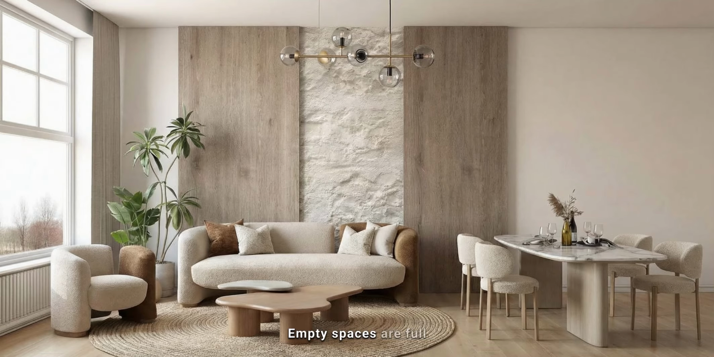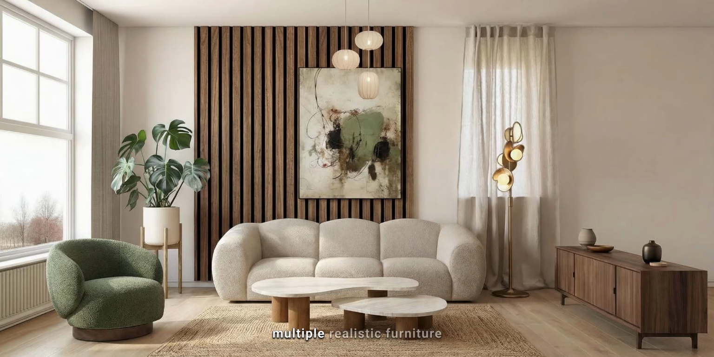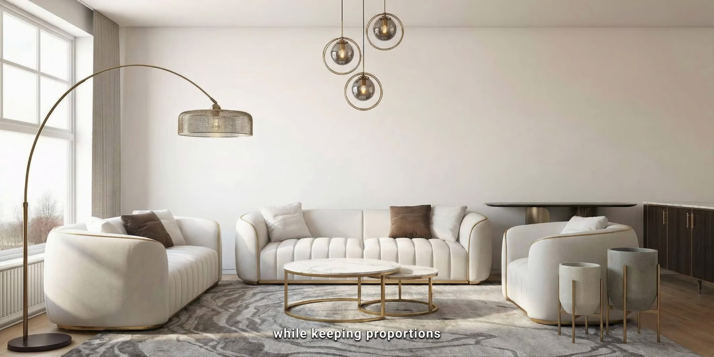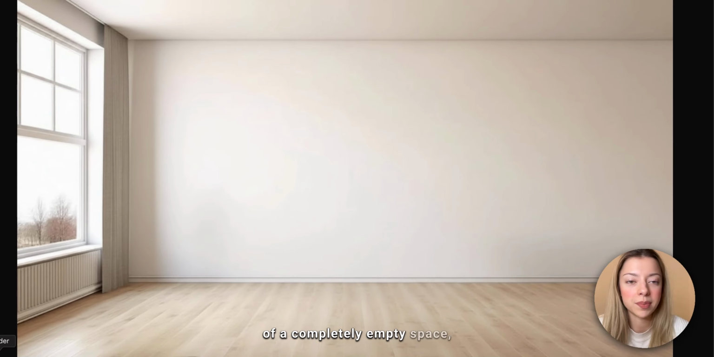Have you ever struggled to imagine how an empty room could actually look furnished? Empty spaces are full of potential, but visualizing the right furniture layout isn't always easy. So in this workflow, I'll show you how to instantly test multiple realistic furniture placements using Vondy while keeping proportions and geometry accurate. So starting from an empty room, you need to add an image of a completely empty space,